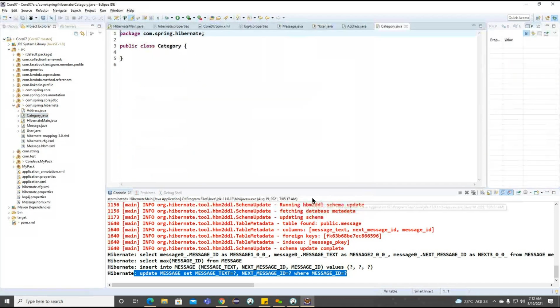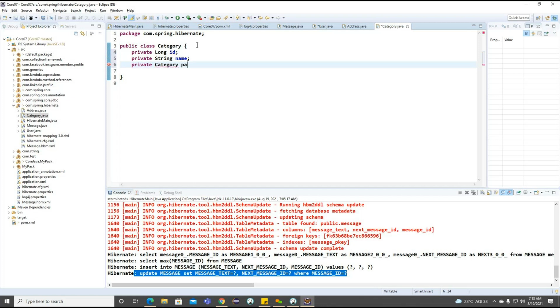category. Inside this particular category, I will define long ID, private string name, the name of the category, and category.